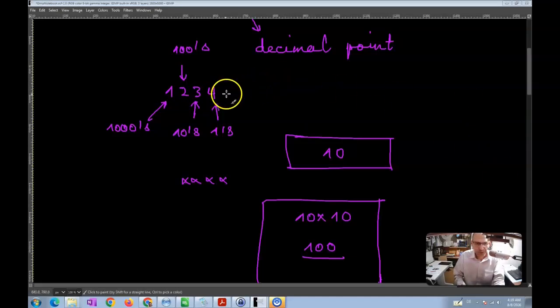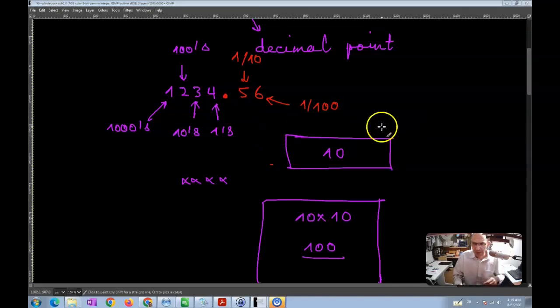Now if I put a decimal point over here, and then if I put a 5 for example and a 6 over here, right, then now my number is a decimal number, and so this is called the 1/10th place value, and this place value is called the 100th place value. Okay,